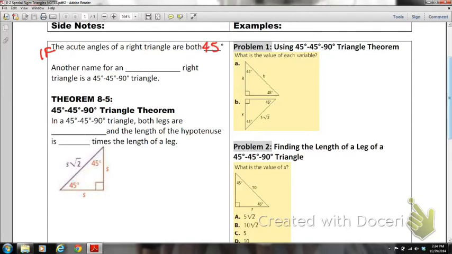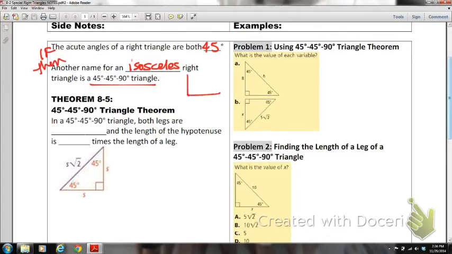The first statement says that if the acute angles of a right triangle are both 45 degrees, then another name for it is going to be an isosceles right triangle. So the isosceles right triangle is a 45-45-90 right triangle, because if you look at it,